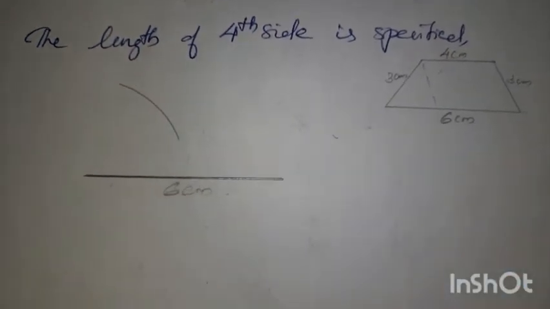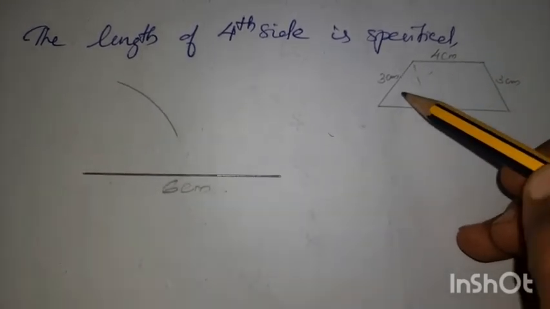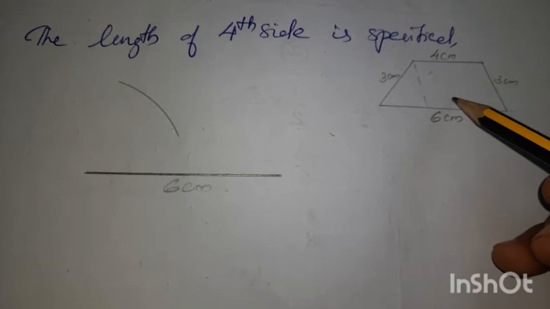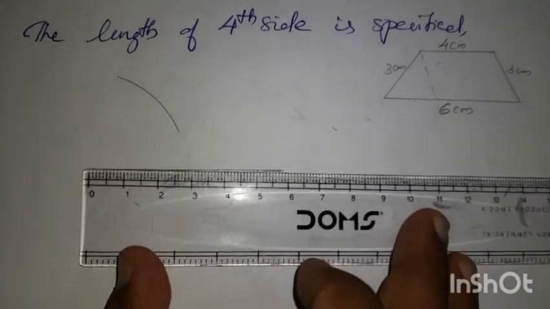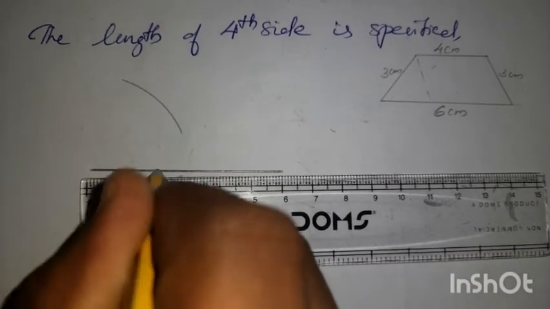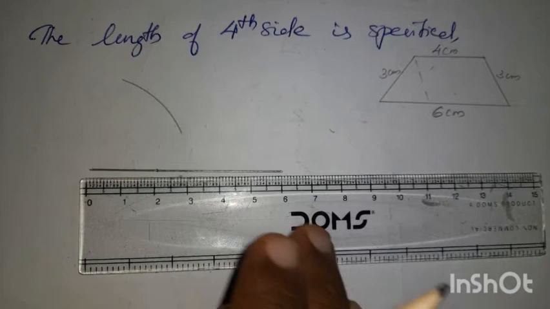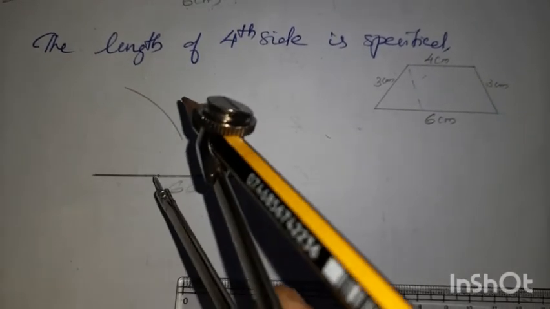So for drawing the trapezium, we can draw like this. Draw an isosceles triangle and a parallelogram. So the 6 centimeter line we are cutting into 2 centimeter and 4 centimeter. At 2 centimeter, keep a dot there. And from that 2 centimeter also you have to draw an arc.